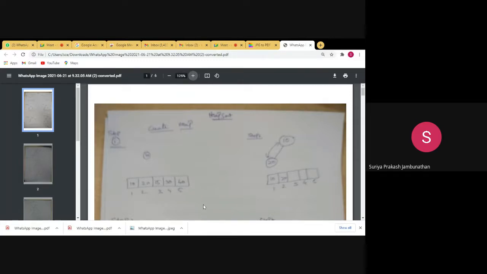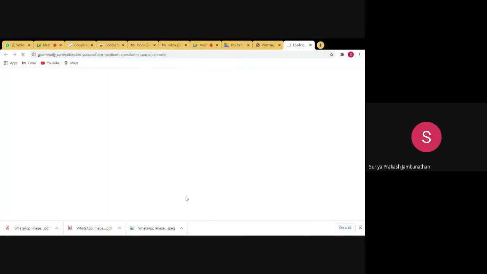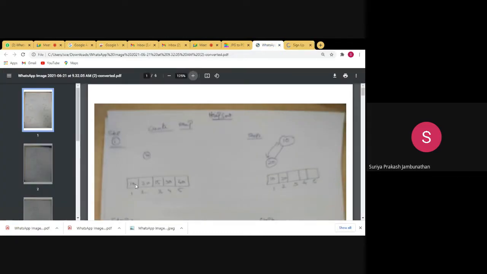So what I'm doing, I have to create the heap starting with the first element. I will take the first element and make the node. So I am taking 10 and making the node here. The 10 will be kept as the root node. As of now, 10 is the single node. We are creating the heap for the given array.